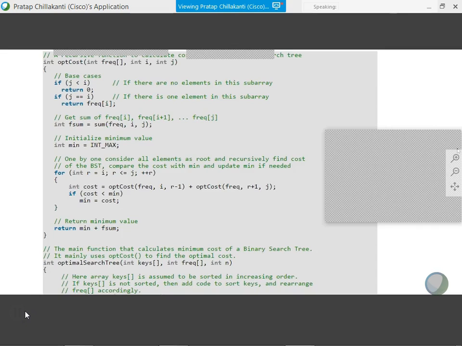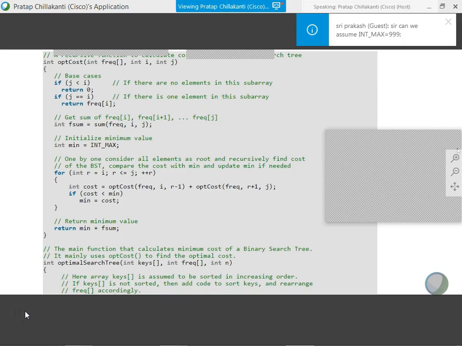Sri Prakash, are you able to proceed with the explanation that I gave you for min equal to int max, or do you still have questions on that? Yeah, you can assume 999. That should be fine. In this case, it should be fine.